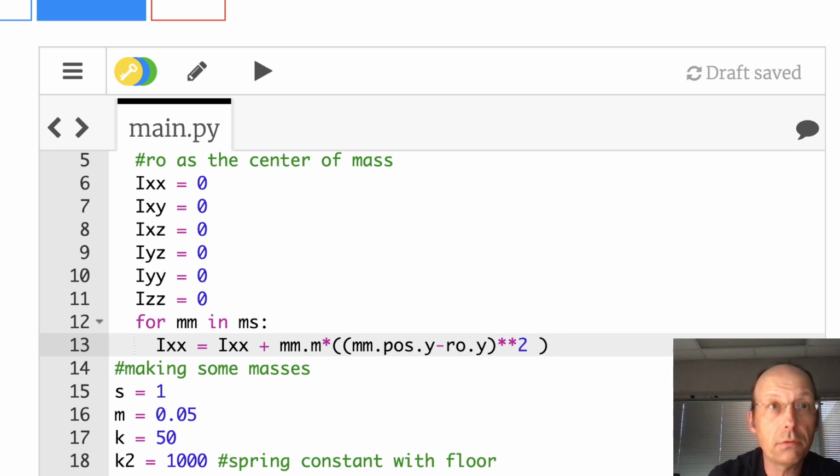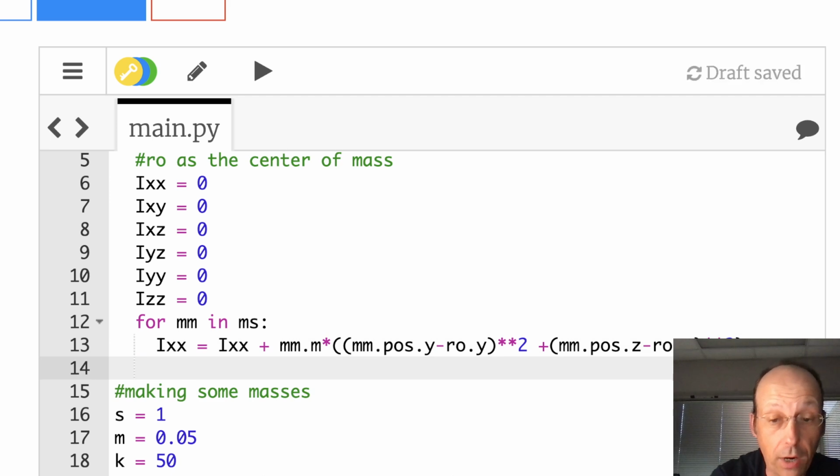No, it's plus, right? Yeah, plus, squared, plus, down here, plus mm.pos.z minus ro.z squared. That's ixx. Now I need to do ixy. It's pretty easy. ixy is equal to ixy minus, remember there's that minus sign, mm.m times